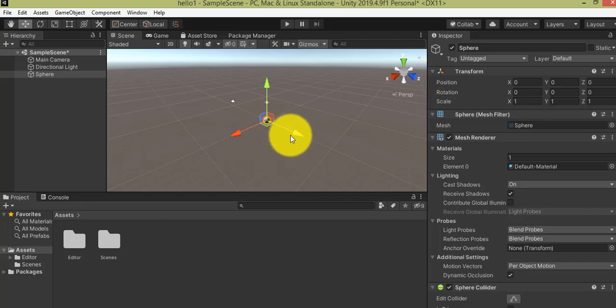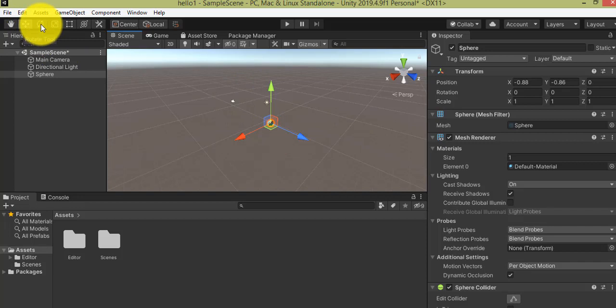If I want to move my object along the x-axis, I just click on this x-axis and you will see it turns yellow, and I move it to whatever position I want. If I want to move it along the y-axis, in the same way I will select that. You will see it turns yellow. Then I move it up and down. So that's how you can change the position of your object in Unity.